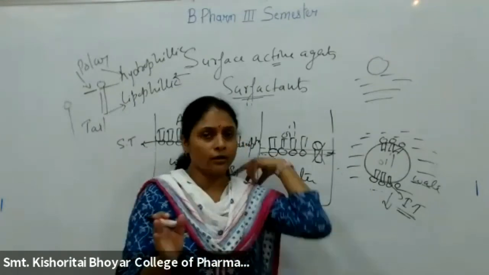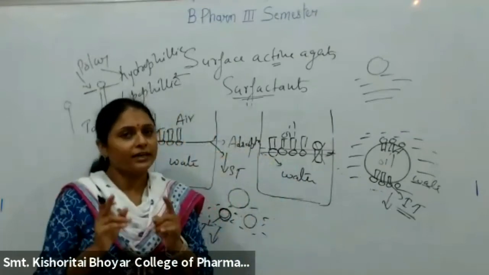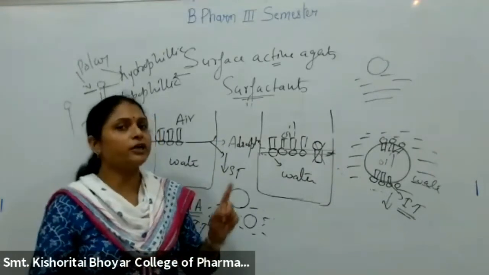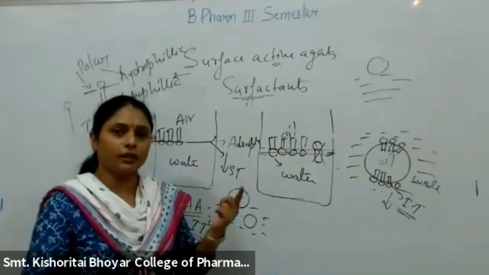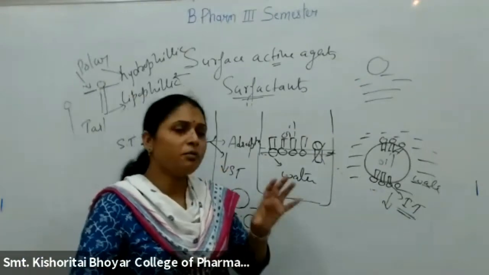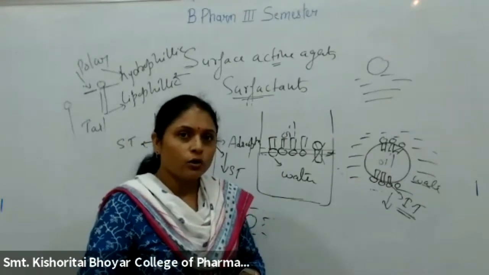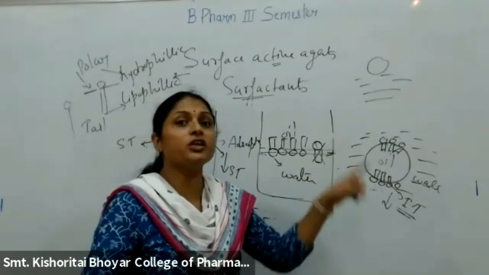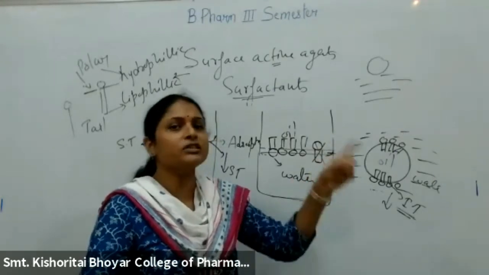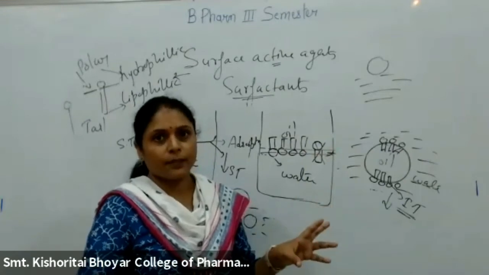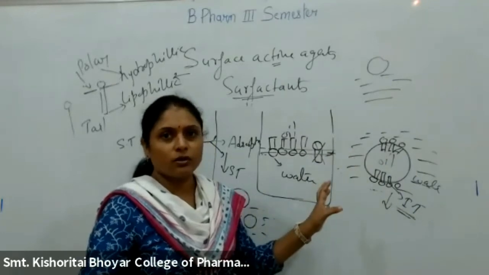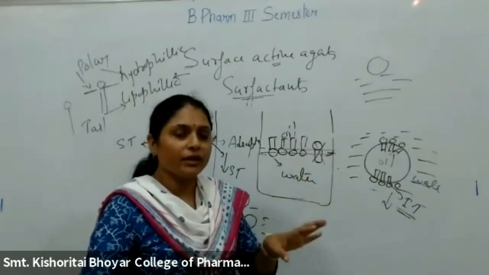As I told you in the last lecture also, in the first lecture also, that temperature affects surface tension. Temperature also affects the stability of emulsion. So it is a different thing. What temperature should be maintained? Sometimes for an emulsion the storage is given: to be stored at room temperature, do not refrigerate it. That means the temperature conditions are given, because if we refrigerate it, obviously some changes are going to take place. That may be related to the drug, or to the stability of the emulsion. Is it clear?